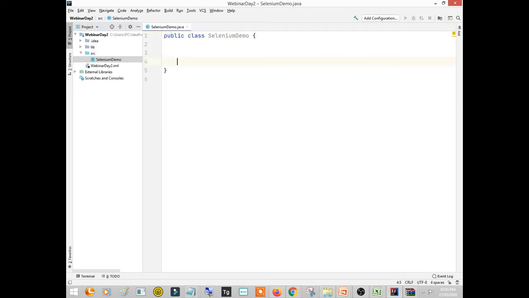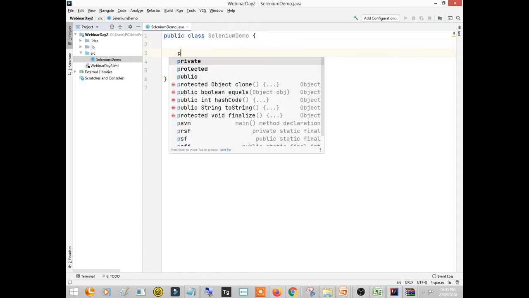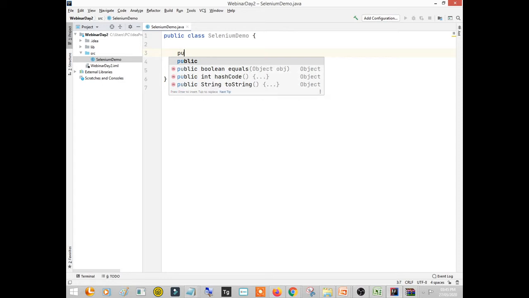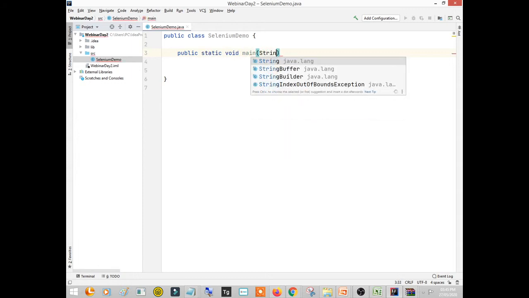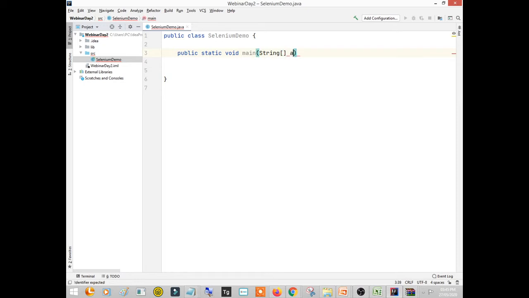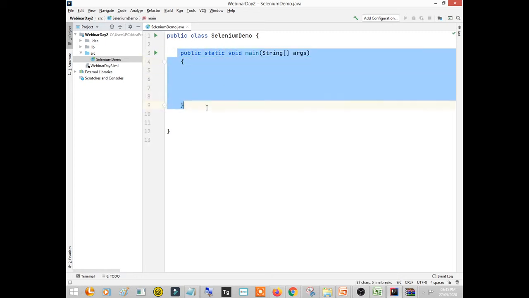Okay, so now public static void main. In Java you have to write public static void main, then String args. Don't worry, for the time being, just remember inside this class you have to write such a statement, right?